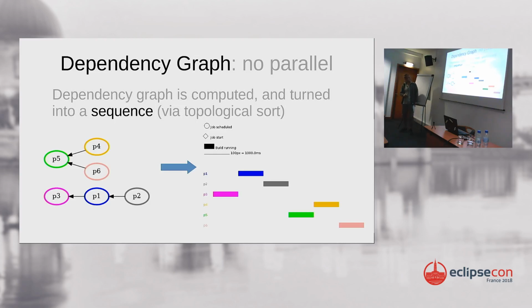So, the dependency graph. When you have dependencies between projects, I won't do the demo, but I could reproduce it during questions. Assuming we have this kind of projects which have dependencies one on the other, which is the very usual case in an IDE, the dependency graph is kept internally in the workspace internals. And if you have no parallel, it uses one topological sort, because there are several possible good topological sorts, to decide the best sequence to build the projects. Here you see this graph resolves to this sequence, P3, P1, P2, P4, P5, P4, P6. That's when you are not in parallel. So the graph is turned into a sequence.